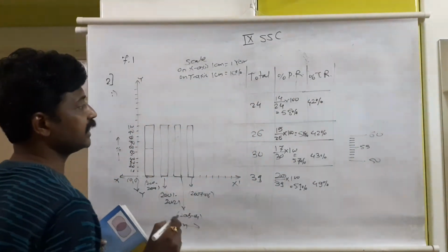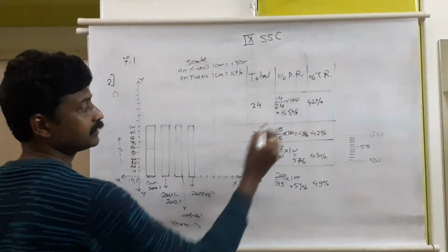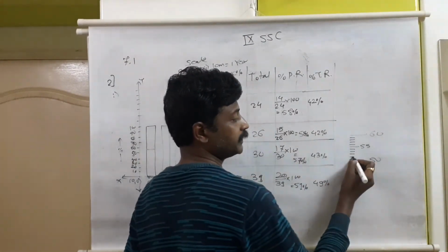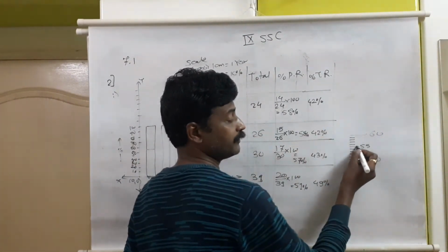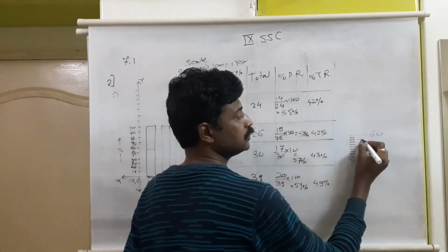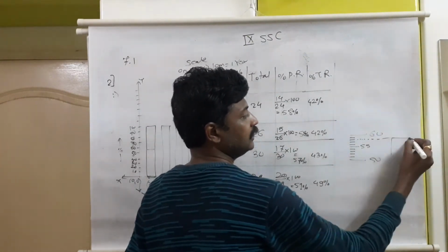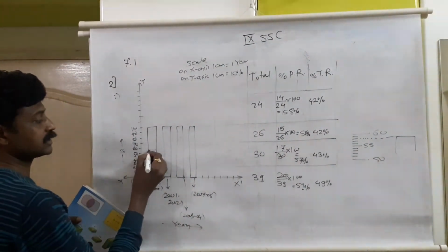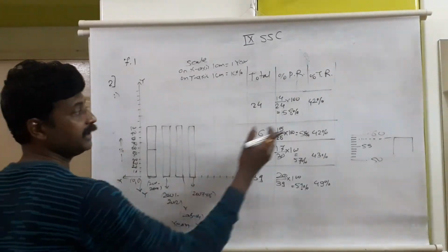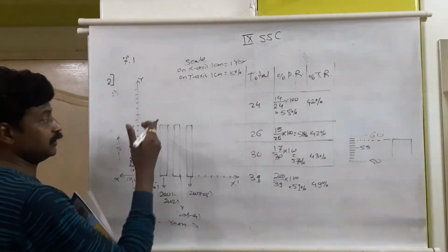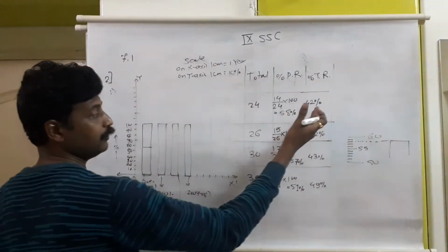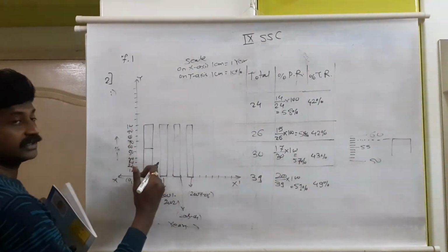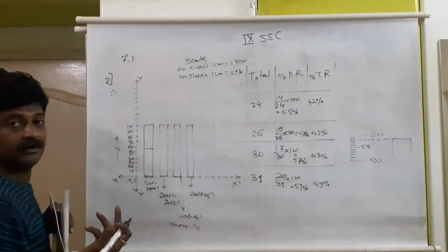So where will this 58 come? We are showing this 58 after 58 small lines: 51, 52, 53, 54, 55, 56, 58. So your 58% will be here. The graph should come at that level. Between 50 and 60 is 58, and the remaining will automatically be 42%, because the total is 100. How did we get it? 100 minus 58, the remaining is 42. The same way, this total is 100 minus 58, remaining is 42.